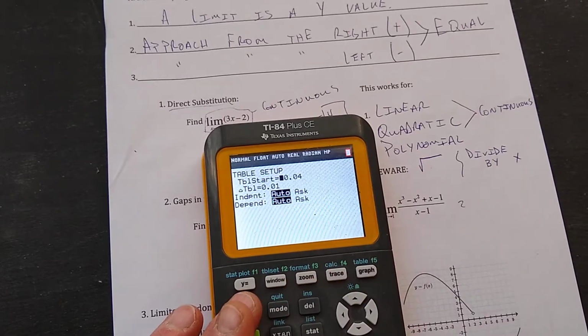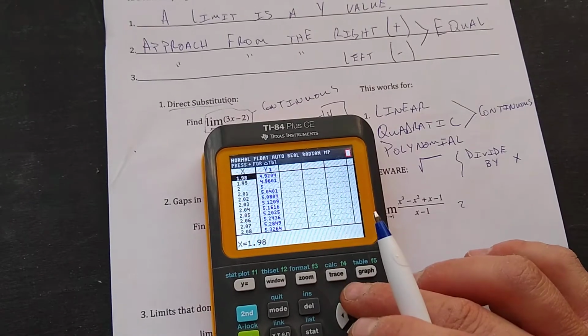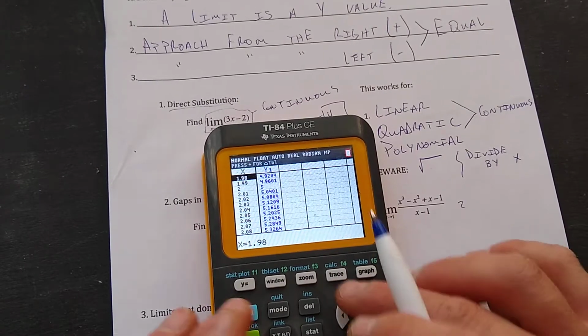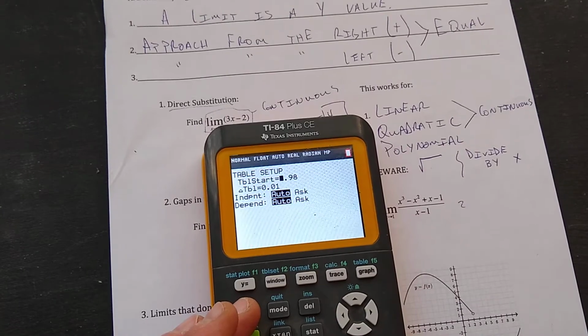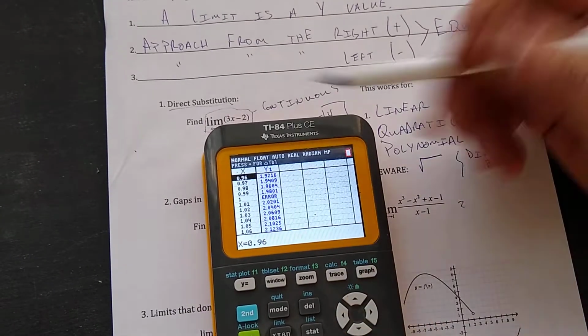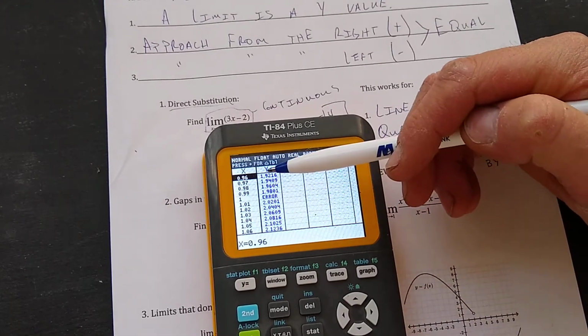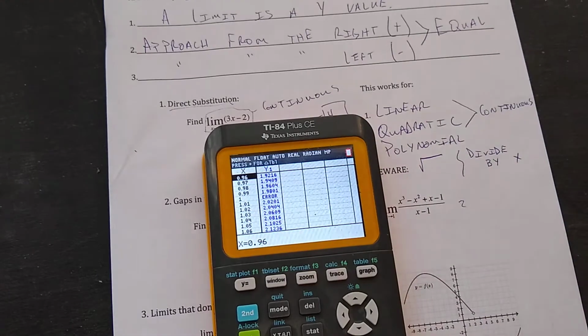And table set, let's approach 2 and see what happens. Oh, I'm sorry, approach 1 is what I was going to put, my fault. Approach 1, and let's approach 1. It looks like my y values are getting close to 2. My y values are getting close to 2, so because they're approaching the same number from both sides, we have